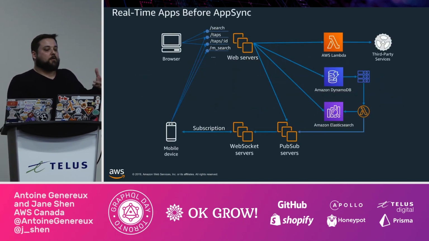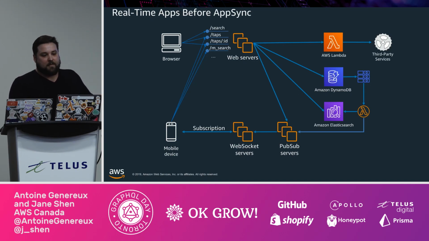Now, just briefly talking about real-time apps and subscription support. What we would see customers do before AppSync was effectively run a few different sets of servers to manage the web server front end, the pub sub server, which might be a Redis cluster or a Memcache cluster, and then a set of servers to manage the WebSocket connections to the clients. As you can imagine, that's quite a few servers to manage, and at AWS, if there's one thing that we like to do a lot, it is remove this heavy lifting in terms of the operation, the maintenance, the patching